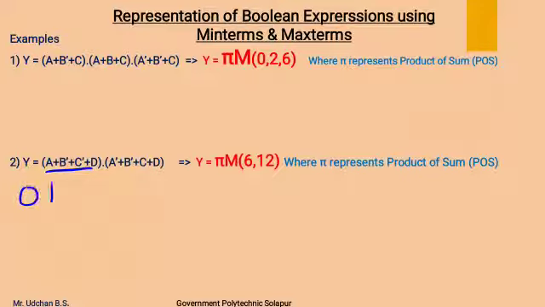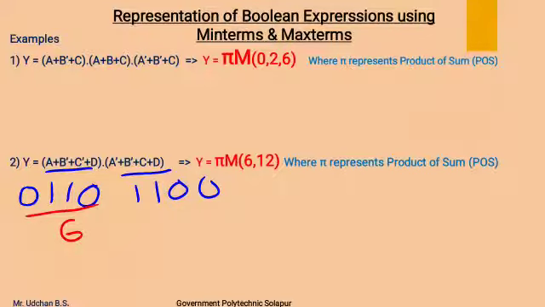For this the binary values will be A 0, B bar 1, C bar 1, D 0. For this, A bar 1, B bar 1, C 0 and D 0. Again now I will write the equivalent numbers. For 0 1 1 0 using the 8421 formula I will get 6. For 1 1 0 0 using the 8421 formula I will get 12.